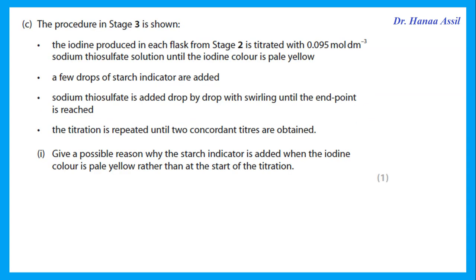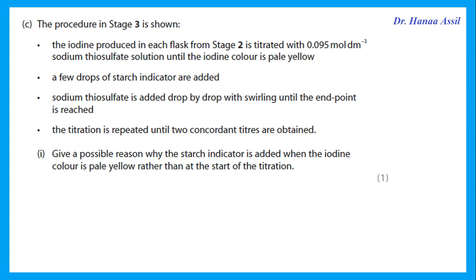The procedure in stage 3 is shown. The iodine produced in each flask from stage 2 is titrated. So we did in stage 2 a reaction that gives iodine. Now we're going to titrate this with sodium thiosulfate until the iodine color is pale yellow. And then we add a few drops of